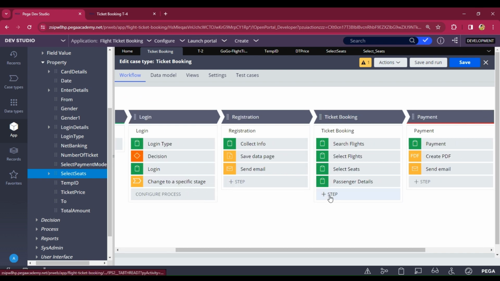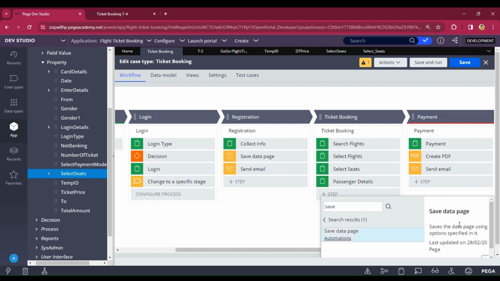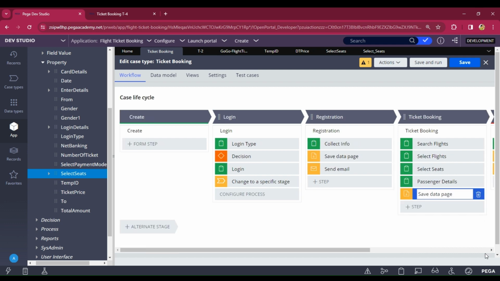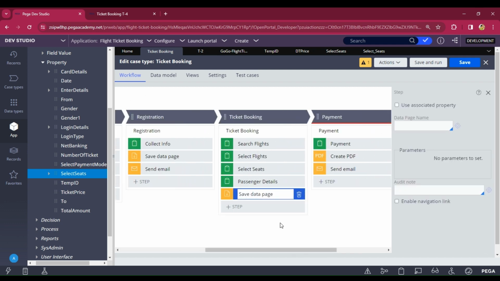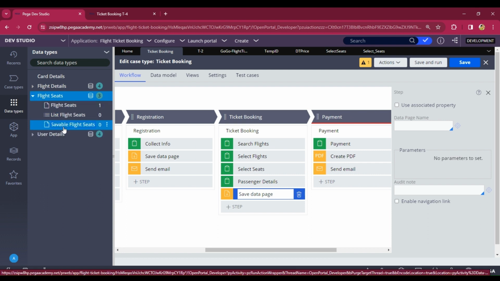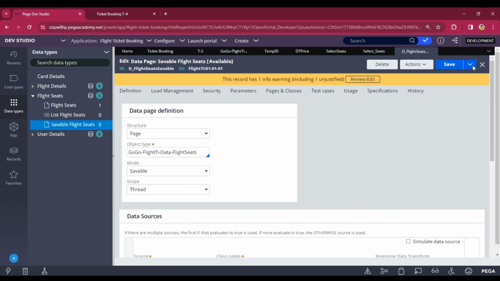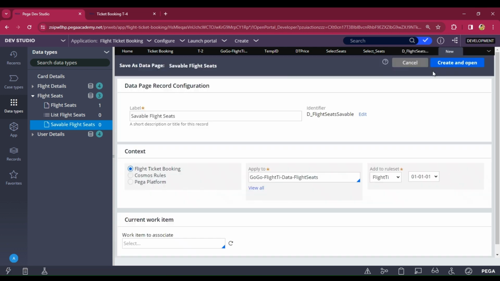So just go to the step and click on more and add save data page and click on select, and you just have to create the data type and expand the flight seats and go to the savable existing savable data page, and you have to save as. So that is save flight details, create and open,